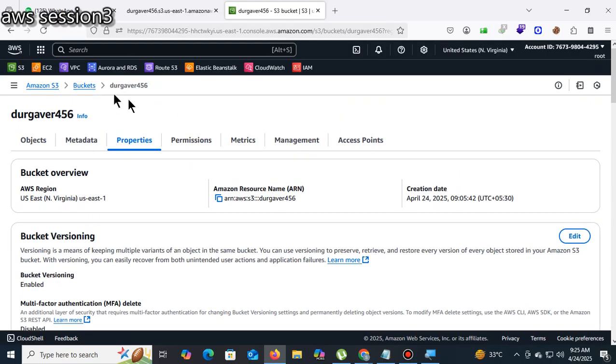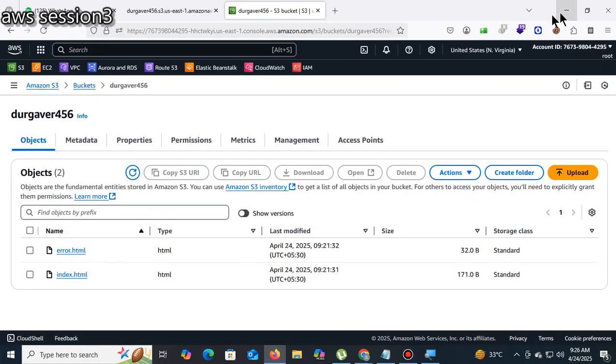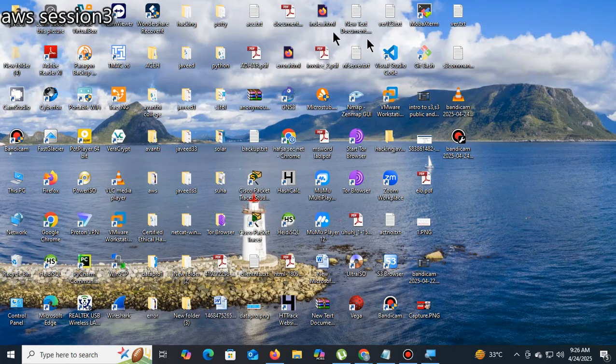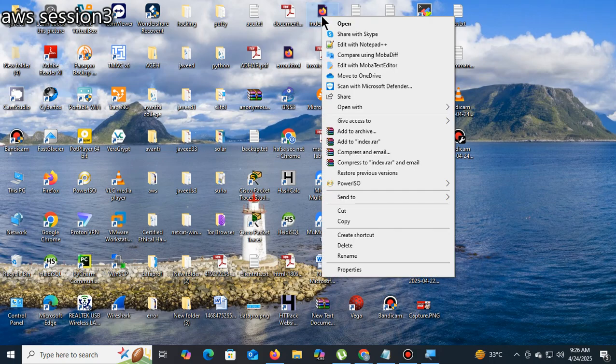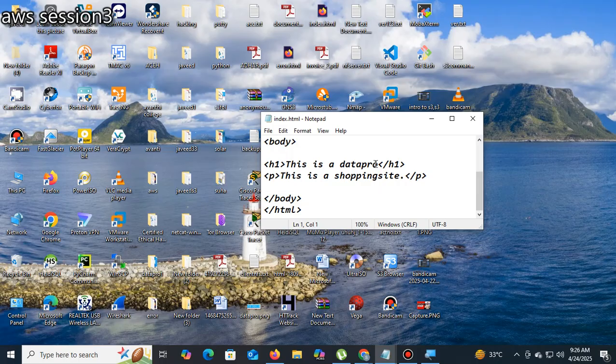Again, I will make changes to this index file. I'll go and open it with Notepad or VS Code. Here, this Data Pro, I'll make it Ultra Pro.